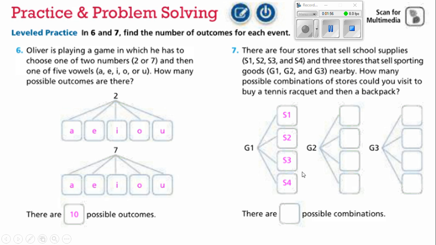Because after going to sporting goods store number 1, any one of those 4 school supply stores, we could go there. Or the same with going after sporting goods store number 2 or number 3. That makes 3 times 4, and that's 12 possible